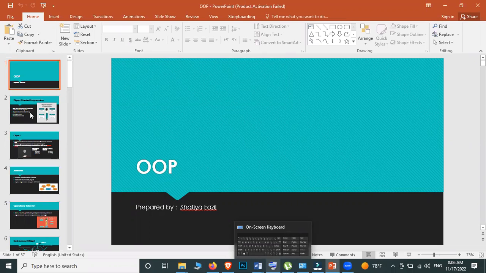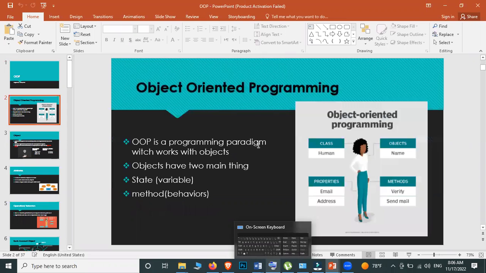Okay, object oriented programming, you know that is a programming paradigm which works with objects. I gave you an explanation of what an object is, and I'll be explaining it again as well. In a program you will be having classes, and in the classes you will be having objects. There are many objects. Working with those objects is what we call object based, or object oriented programming. So mainly it is about objects.